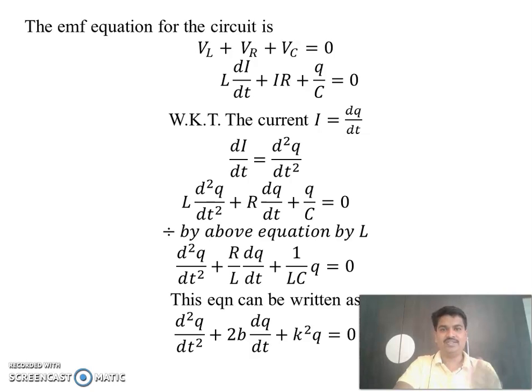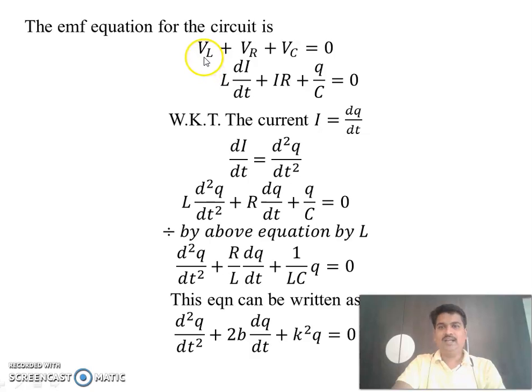If I write for the discharging of a capacitor through LR, that is VL, which is the voltage across the inductor, VR, which is the voltage across the resistor, and VC, which is the voltage across the capacitor, I can sum these up and equate this to 0. It's because it's a decay of charge. While the charge decays, there won't be any battery at all. Therefore, this will be equal to 0.